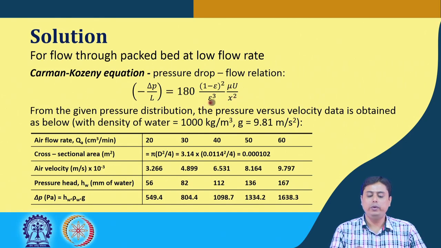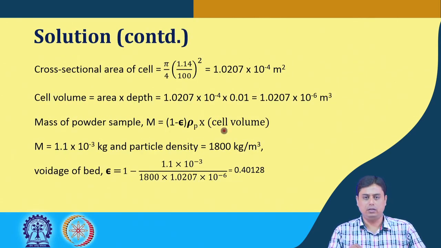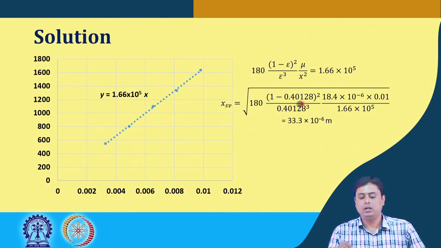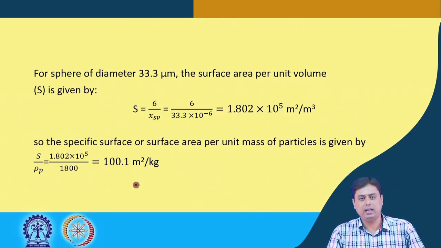While doing so, we came across another unknown, which is called the bed voidage. Okay. So, bed voidage, we understood its definition and how it is calculated from the mass of the total sample. Once that epsilon is known, the problem becomes much easier. So, this is the particle size that we have calculated, and from the particle size we have found out the specific surface area for that powdery material. Now, one thing